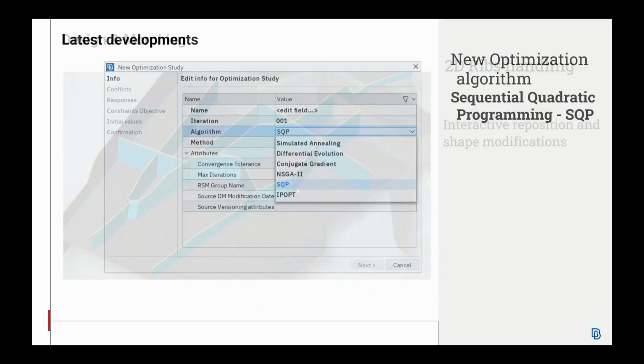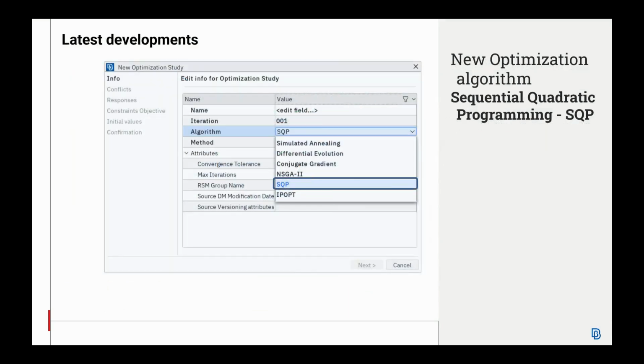Moving on to the latest developments in the optimization tool. A new optimization algorithm is implemented called Sequential Quadratic Programming, or SQP. This is a classical and powerful algorithm of nonlinear optimization, and it is especially suited for constrained single-objective optimization studies.